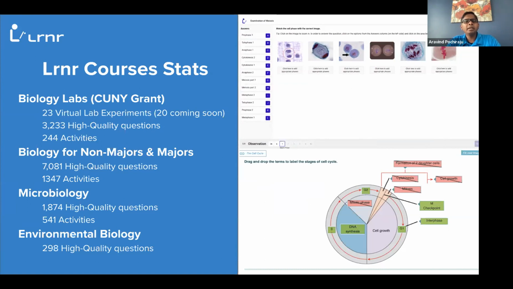We've already built 23 virtual lab experiments. There are 20 more, and we'll go into the details of that. And along with that, that aligns to the biology majors, Biology 2E, also the non-majors, and also some microbiology topics, if you will. These are the stats for our various